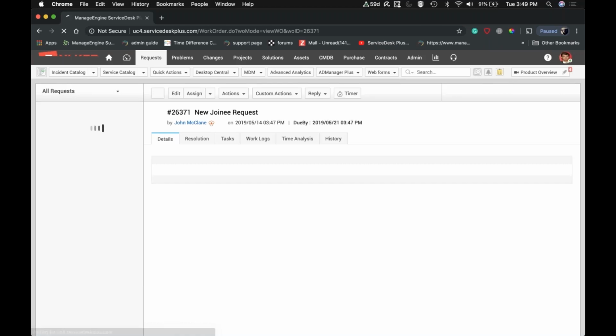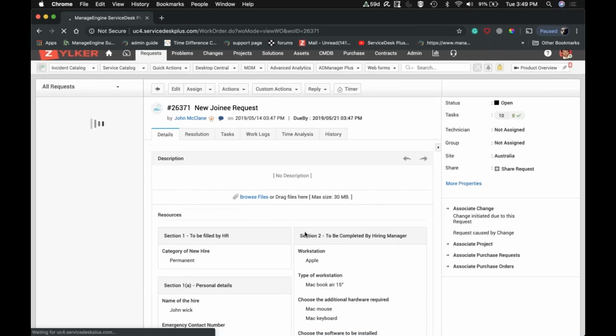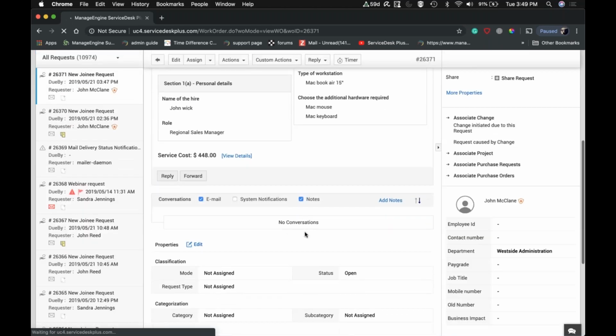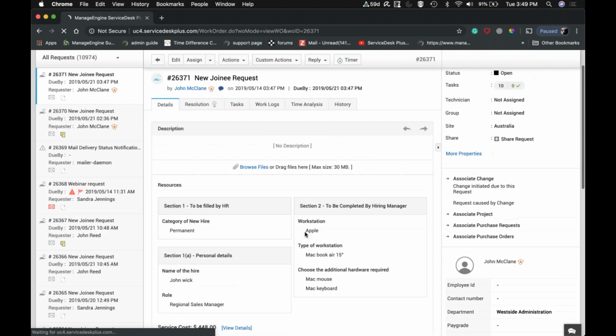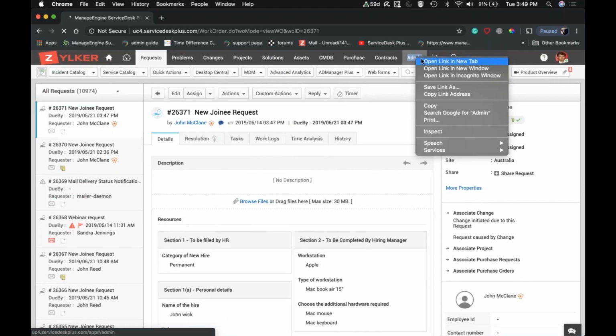Now that you have taken a look at how you can easily make use of a form to submit a new hire request, I would also want to show you how to build one. All right, for which let's go to the admin section. Right, so under the admin section,